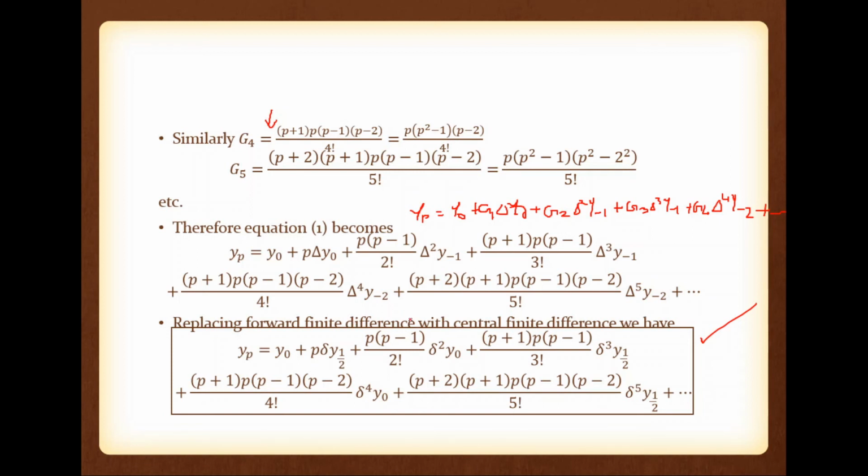Now what about the p term? There is no p term, now a p is added, along with this p, a p minus 1 is added in next element, along with this p into p minus 1, a p plus 1 is added in next element, along with this one, a p minus 2 is added in next element, so p minus 2 is also added. Now along with this one, a p plus 2 is added in next element. Now what is the next one? So 2, 1, minus 1, minus 2 all are there.